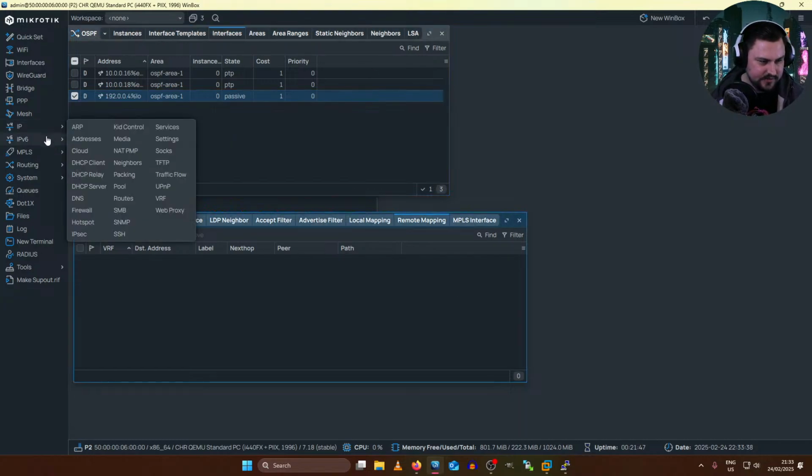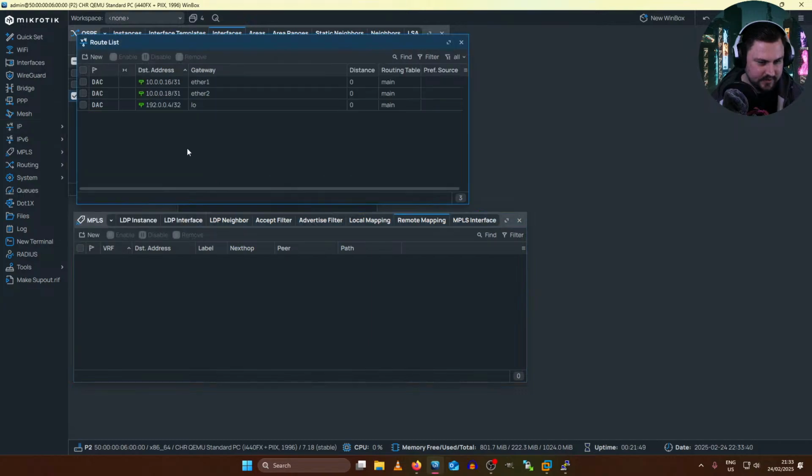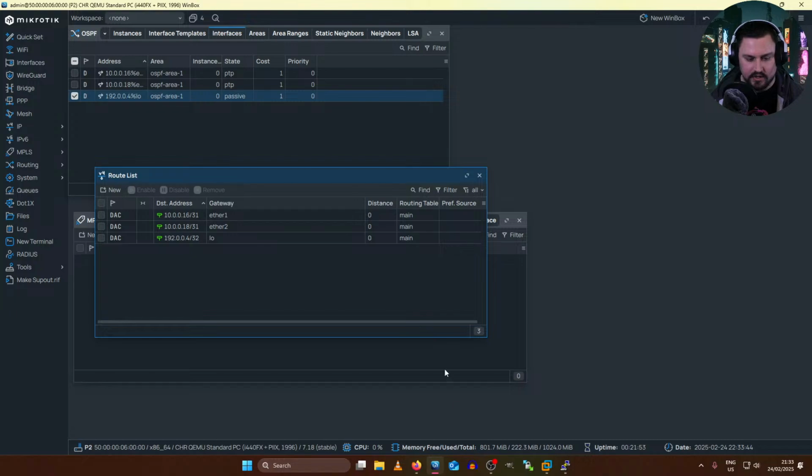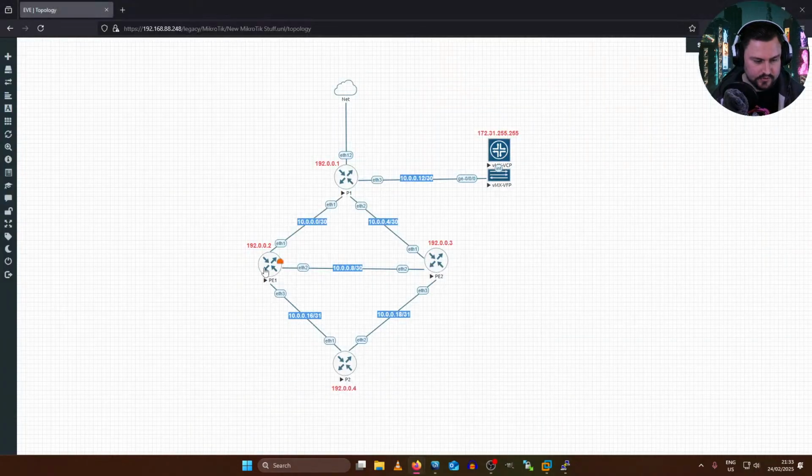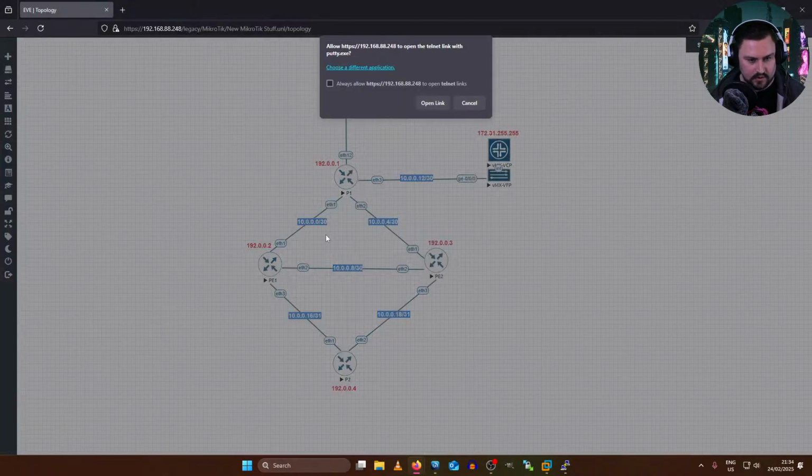So this P2 should at least be up now. If I have a look at my routes, I'm not learning any routes yet. Oh, I know why it's not working. Because I'm being simple. I haven't added the OSPF or MPLS configs on the PE devices yet. So let's just go back onto Winbox or the command line.